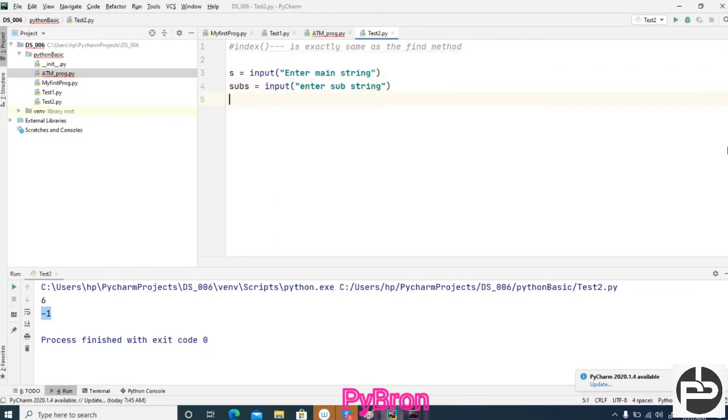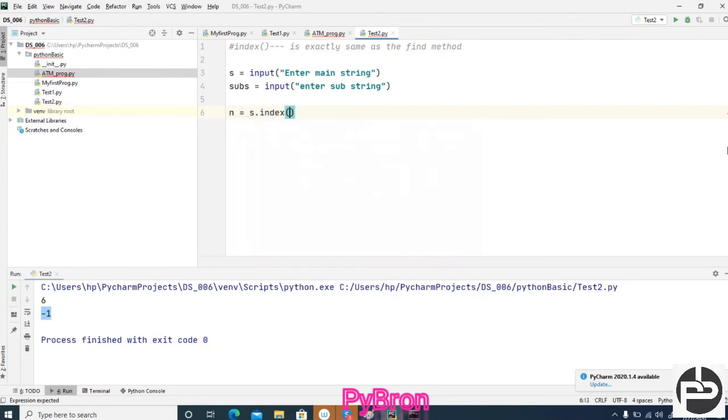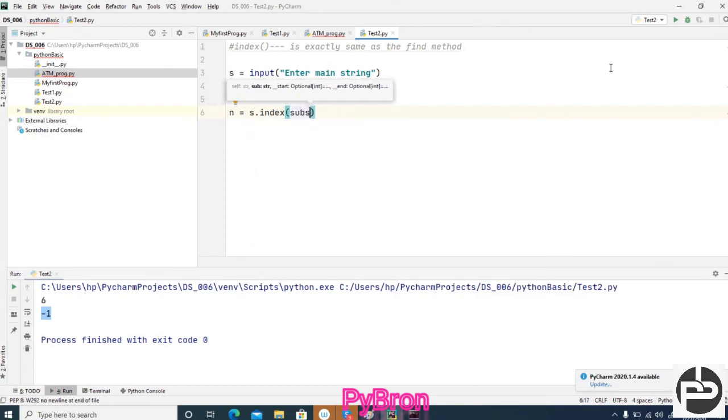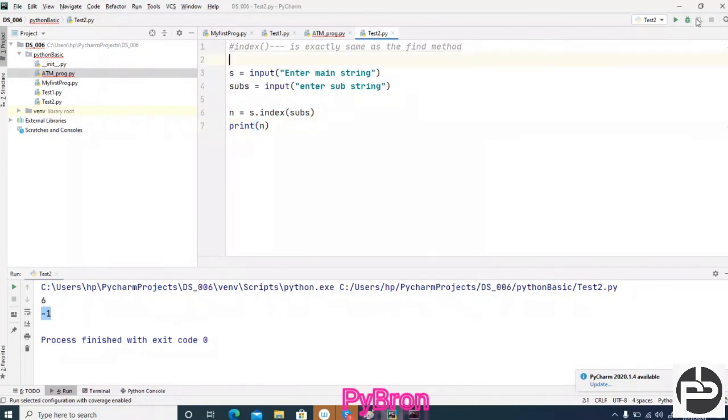I did not teach you exception handling, right? So what you can see here, n is equal to s.index(substring), and here we can say print n. That's all. Let's run this code.